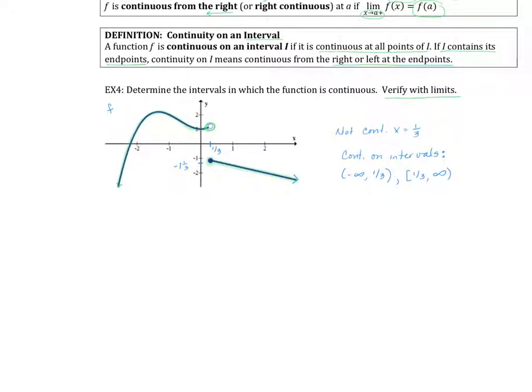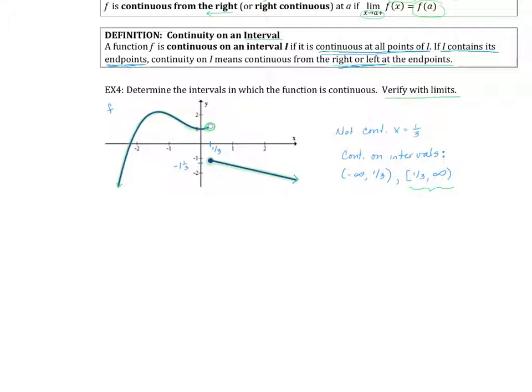So when you look at the definition of continuity on an interval, it doesn't say anything about what will happen if it does not contain endpoints. So I don't have to check that first interval. I have to check the second one, because it says if the interval contains its endpoints, then continuity means that you have to have continuity from the right or left. So I do have to verify in this second interval that it's continuous